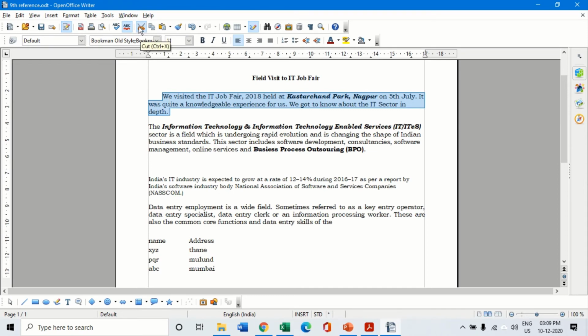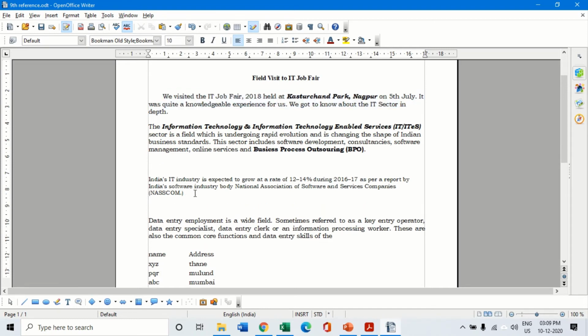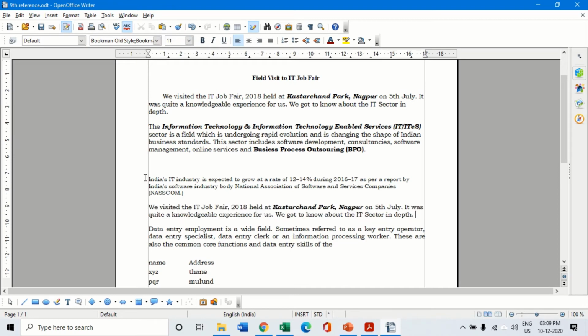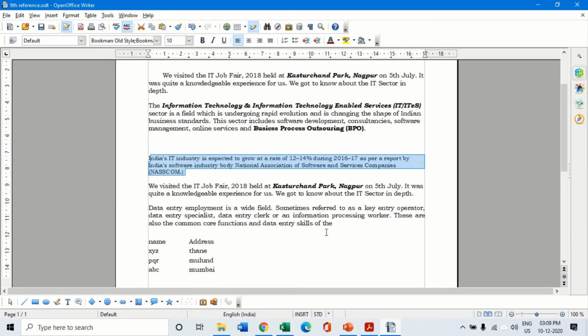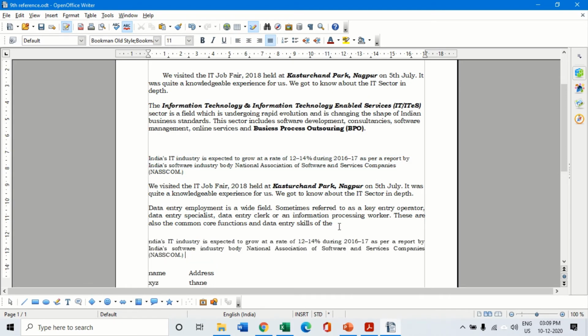Then there are two options of doing it. One is I click on the copy button and come down to any other location where I want it and press the paste button. This is very simple. Another method is selecting it, pressing the Ctrl plus C button, that is copy, and coming to the place where I want it, and then again pressing Ctrl plus V. So the two ways of doing it are through the standard toolbar, that is the copy paste option here, or using Ctrl plus C, Ctrl plus V.